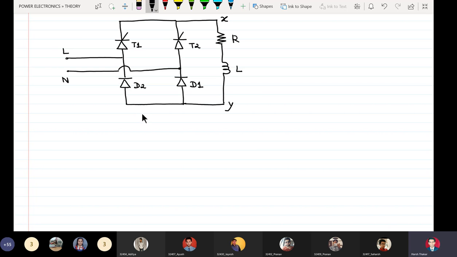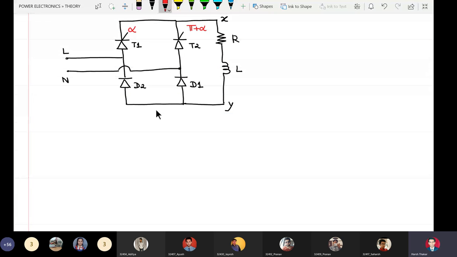So basically, in circuits which are driven by single phase AC and have control devices which are fired in both the half cycles, we have 4 intervals for analysis. So the same approach we are going to use today. Now we know here that T1 is fired at alpha and T2 is fired at pi plus alpha. That is why we have 4 intervals for analysis: 0 to alpha, alpha to pi, pi to pi plus alpha, and pi plus alpha to 2 pi.